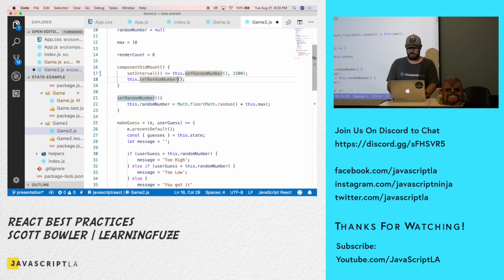So if I now switch my game component 2 to have the same feature where the number changes every second and a half,